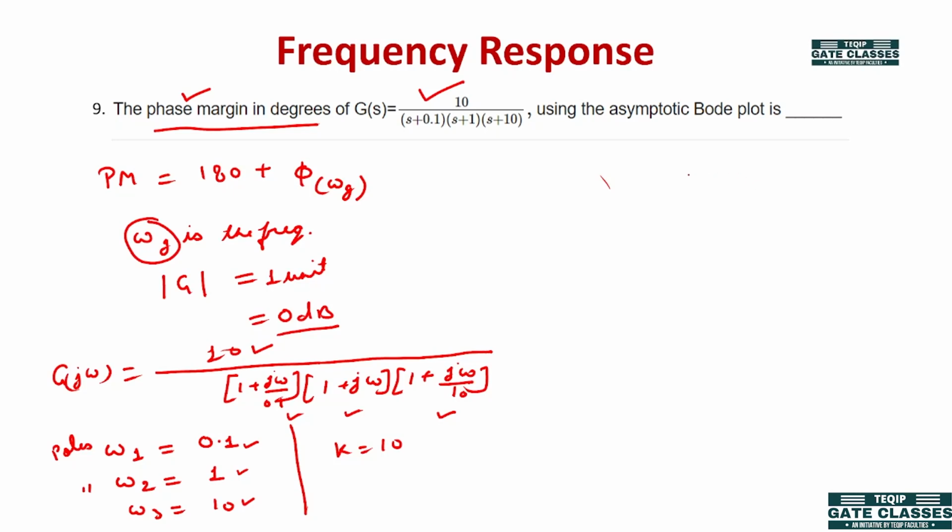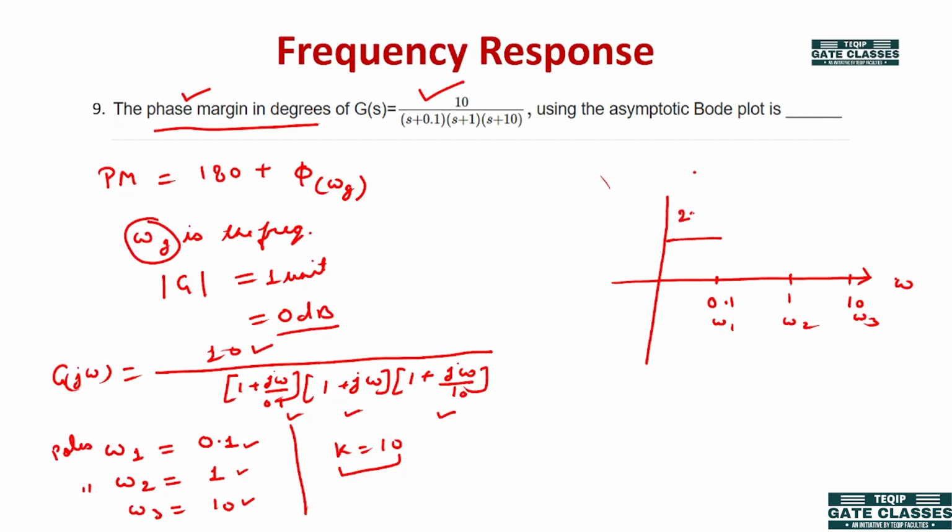So let's draw the magnitude plot. Initially we have 20 log 10, so this is our frequency omega. Say this is the point where 0.1, this is 1 and this is 10: omega 1, omega 2, omega 3. So initially we have a 0 dB slope at a value of 20 log 10, that is 20 dB. So this point is 20 dB till